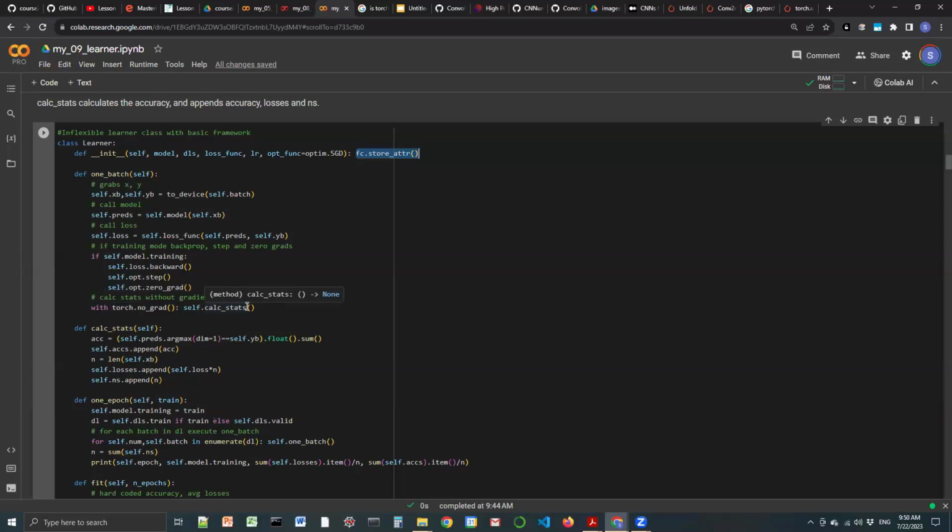That means now using the validation data set or data loaders, we just want to calculate the stats. What does calculate stats do? It calculates the accuracy using self.preds.argmax(dim=1) equal to labels. So again, try to go back and understand why this works and why the sum of this function gives you the accuracy. And then it just appends the accuracy to the list of accuracies, which was an empty list we created,